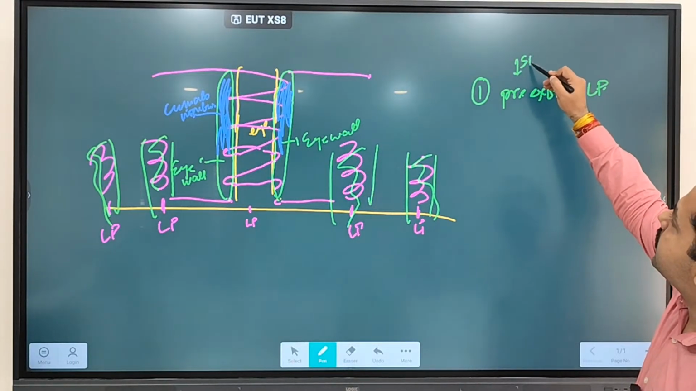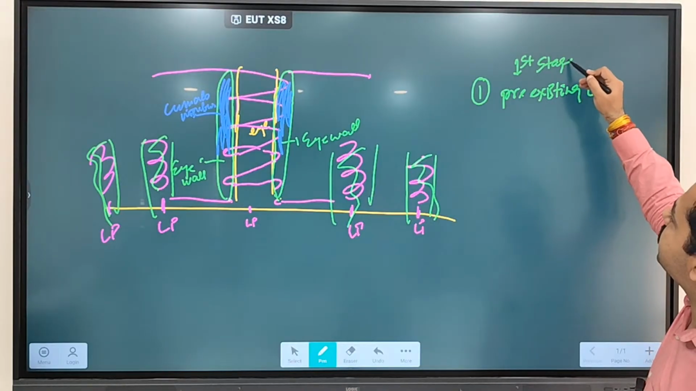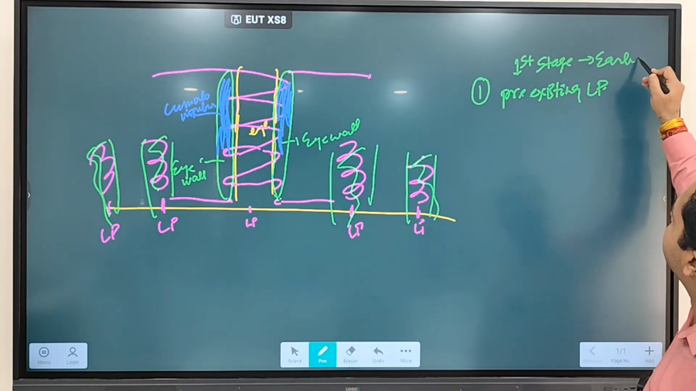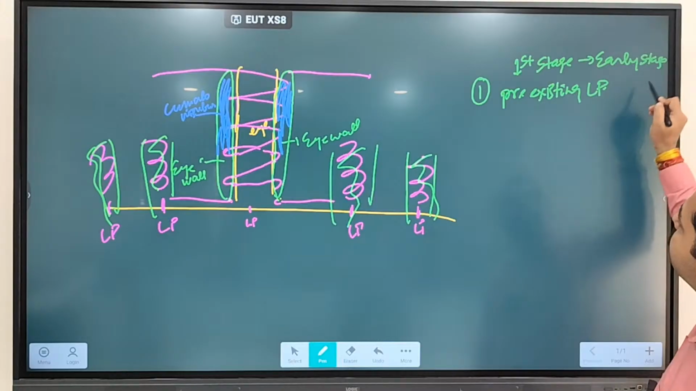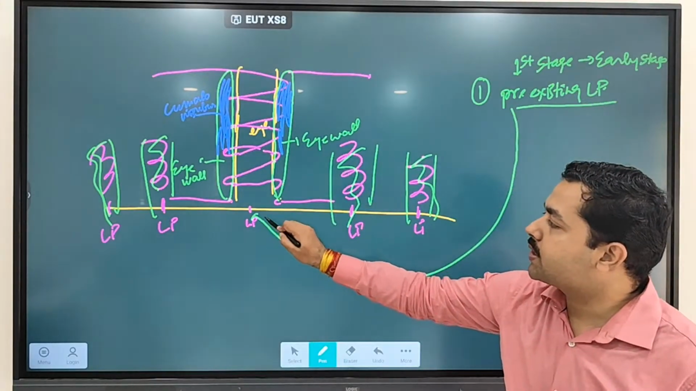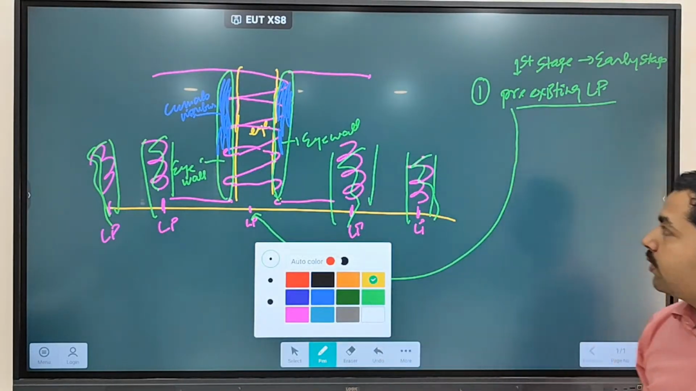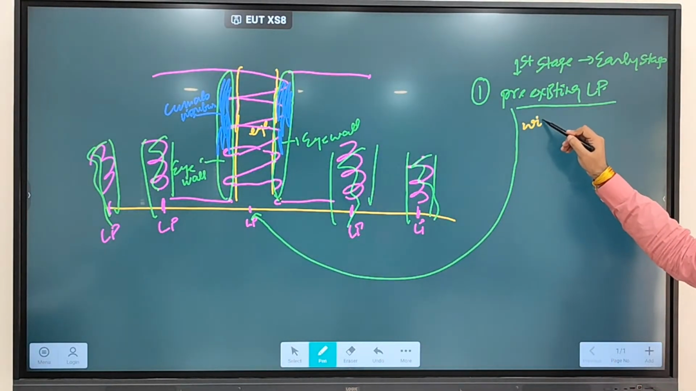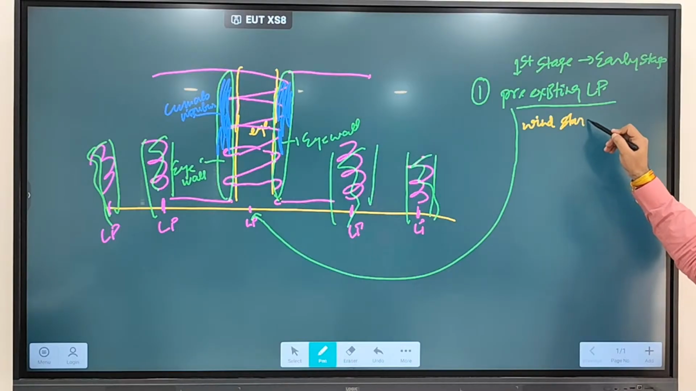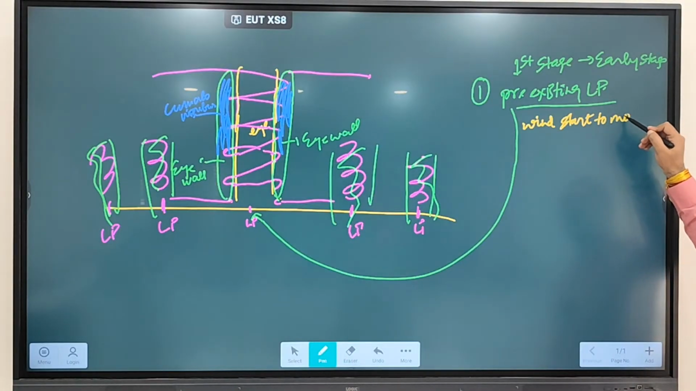What happens in the first stage, or early stage? This first stage is referred to as the early stage of a cyclone. So what happens? A pre-existing low pressure center is created. Because of this pre-existing low pressure center, what will happen? You'll see wind starts to move towards this low pressure center,